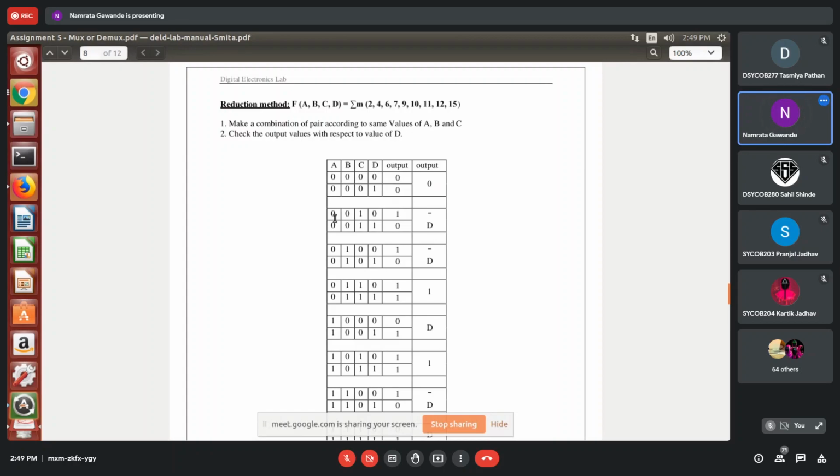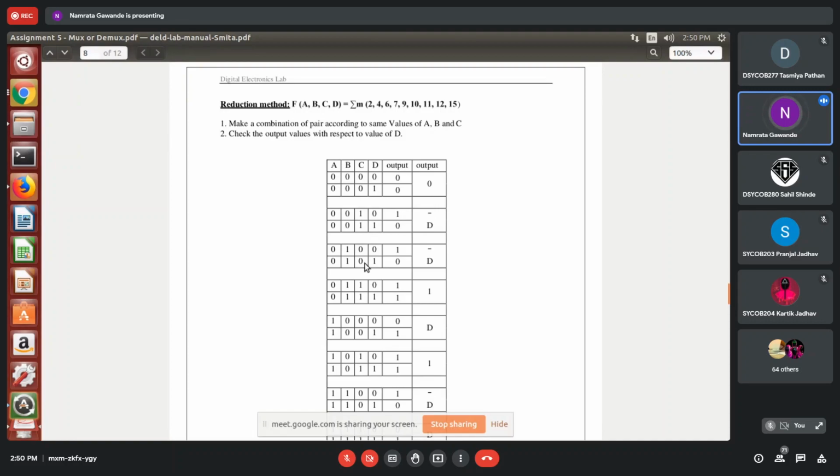Right? Next, here you can see 1, 0. Why is it 1, 0? Because 2 is present, so the output is 1. And 3 is not present, so the output is 0. Right? Now compare D with the output 0, 1 and 1, 0. You can see the complement of this, right? You can see the complement of this 0, 1, 1, 0 means here this is D complement. Okay? This is the D complement.